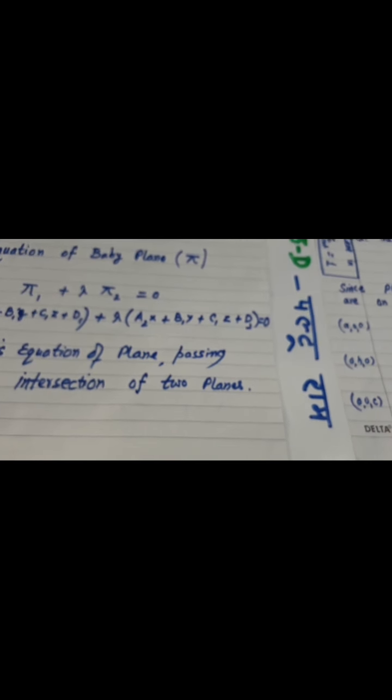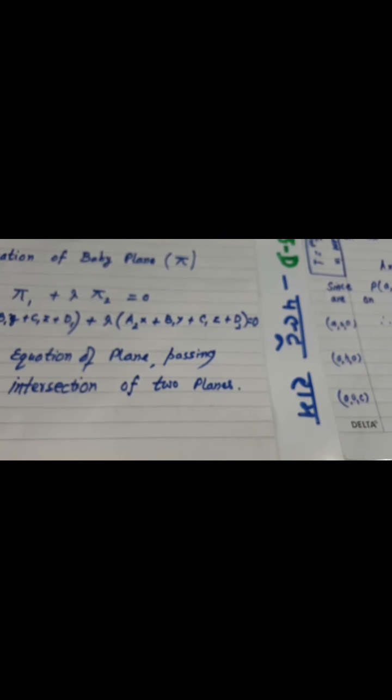So this was all as far as the planes are concerned. We have got 5 forms of planes: normal form, 1 point form, 3 point form, intercept form, and the plane passing through the intersection of two planes, that is the baby plane. So this is how we can remember all the names, and these mnemonics will help you a lot in remembering the formulas, and I hope you have understood how easy it is to deal with the equations of the plane.